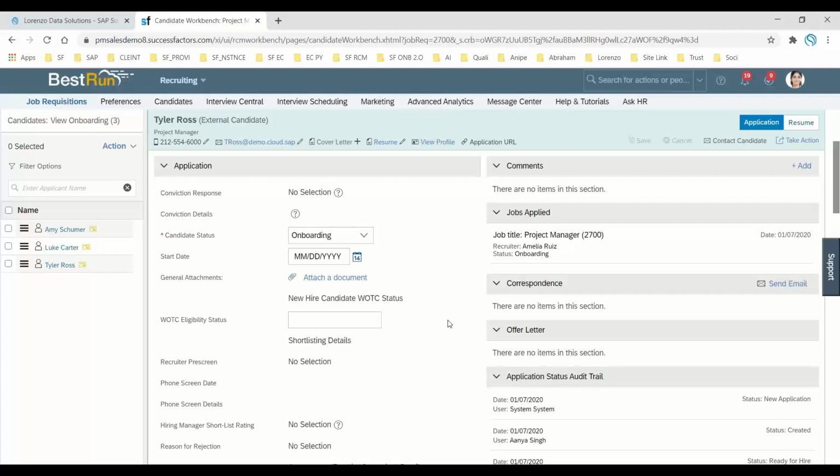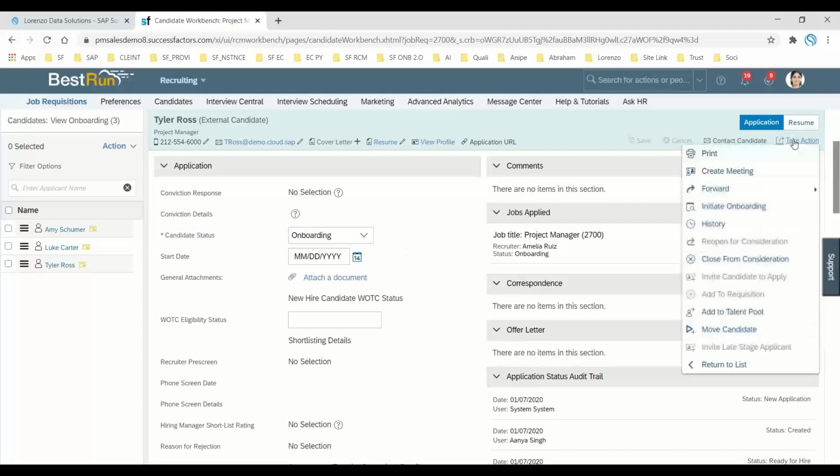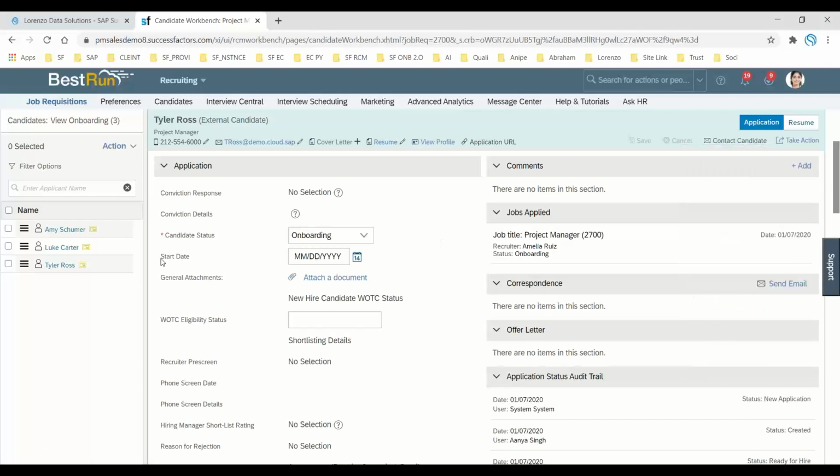You have a candidate profile, right? You cannot do the onboarding initiation there. It should be only on the candidate application page. Now you see the candidate status is already there. You can see there is a take action button here, and there is an initiate onboarding button. But I'll do it two ways. One is I'll try to make an error and then rectify it, so that tomorrow when you initiate, you can take care. The simple mistake we always make is with the start date field.